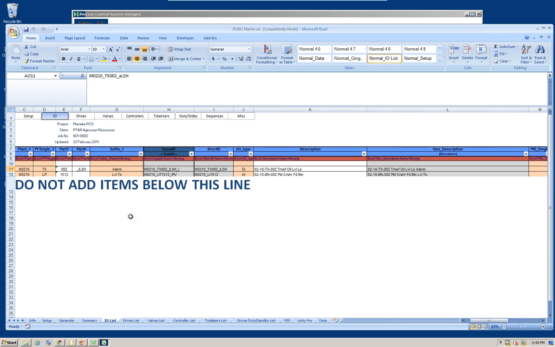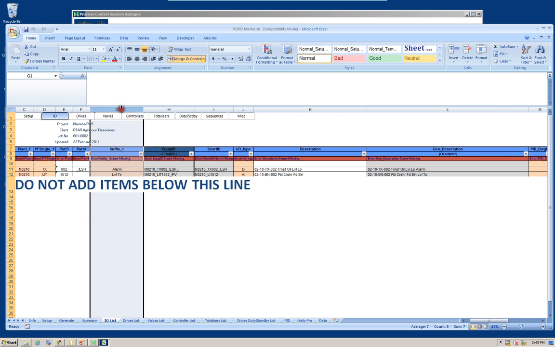Each data property for a specific control item is, as we can guess, defined by columns